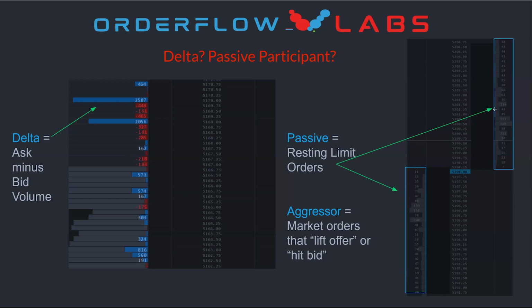So let's go to the other side. What is the passive versus aggressive? Like, what is all of that about? So any depth of market is basically the order book, right? So we have bid side limit orders and we have ask side limit orders. So this would be people that have offers right here at 98.25 and their bids here at 98. There's 11, so we can see the quantity, and we can see which side.